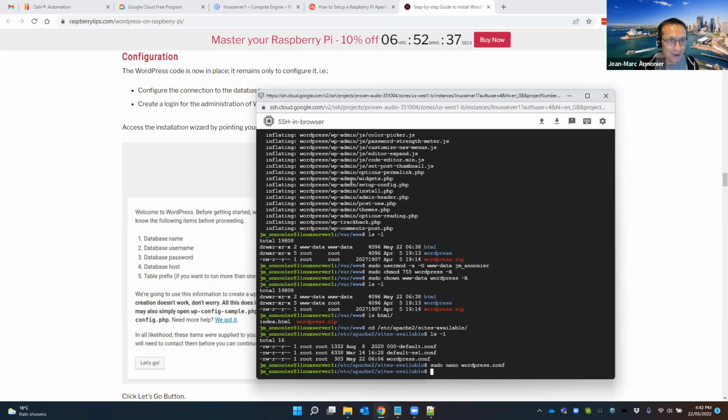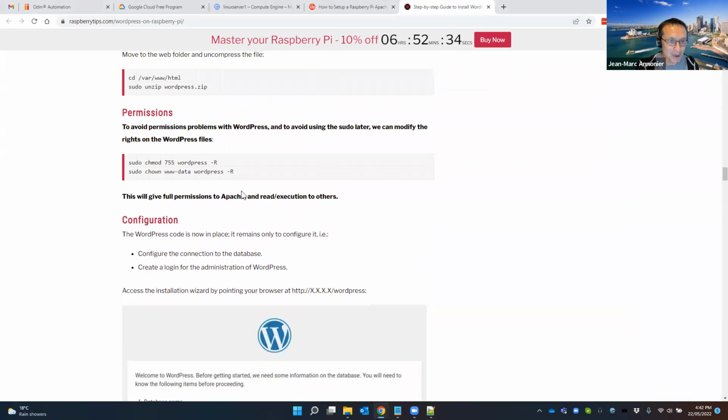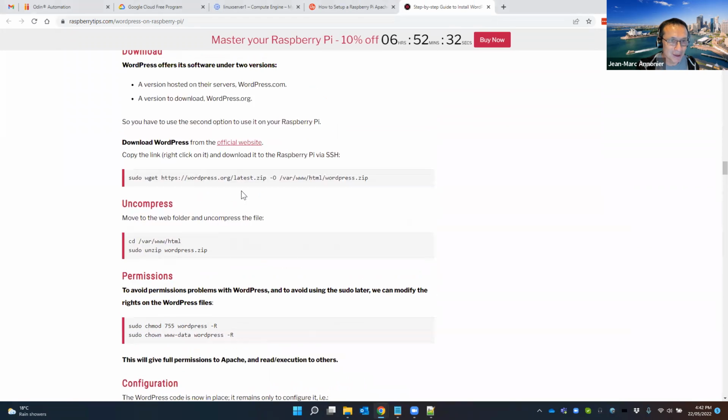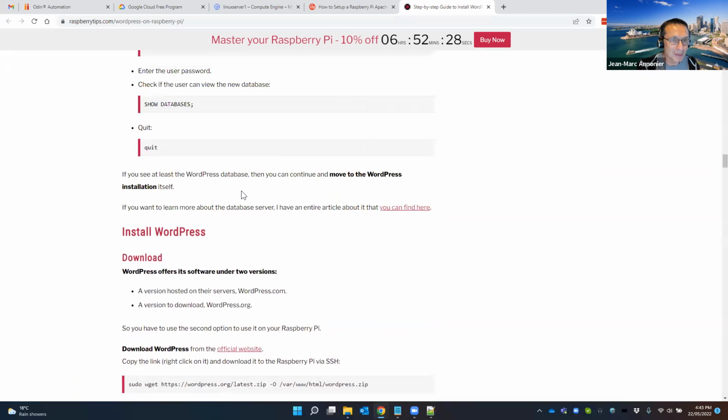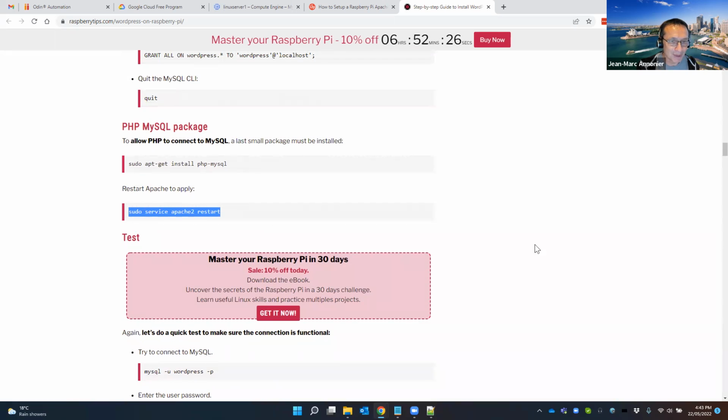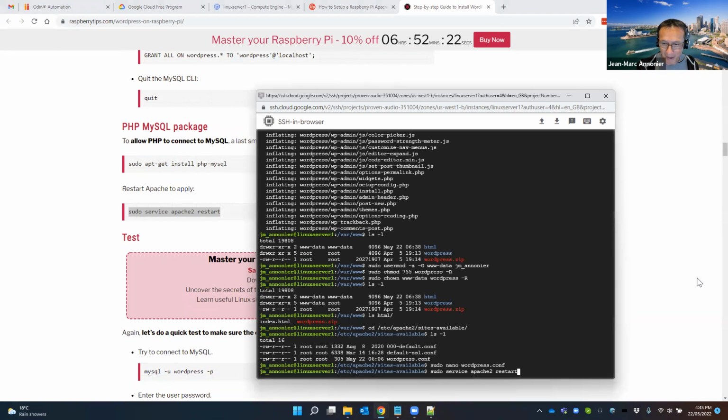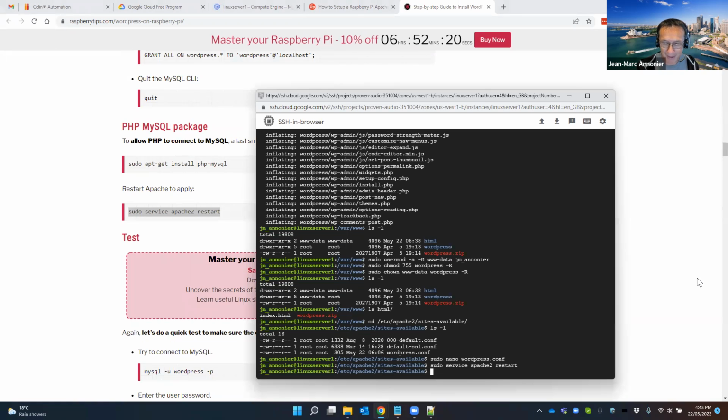So now we do need to restart Apache to make sure that everything is correctly recognized. So to do this, where's my command? We can use this one. So copy, paste, and yes. So now this is really the important moment.